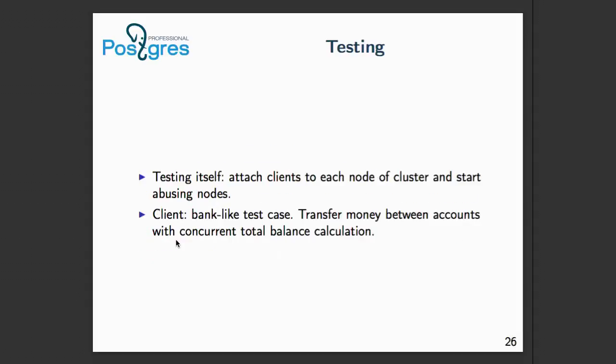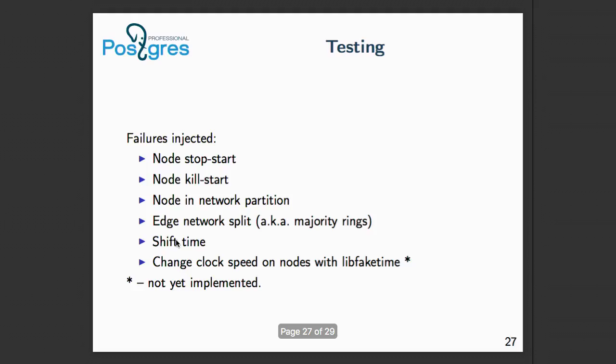So the test itself is right now the strictest test that we have, it's a banking test. Attach a client to each node of the cluster and start transferring money from account to account, and simultaneously run some analytical query to ensure that proper isolation is enforced everywhere in a proper way. And while we are doing the test, to each node we just start injecting failures, like start, stop node, kill nodes,